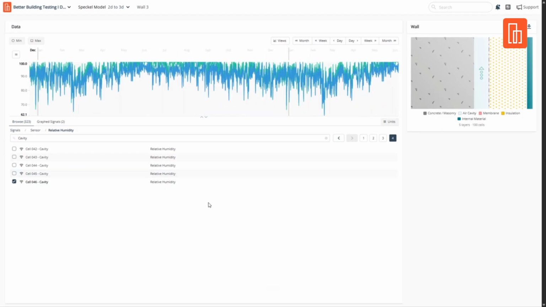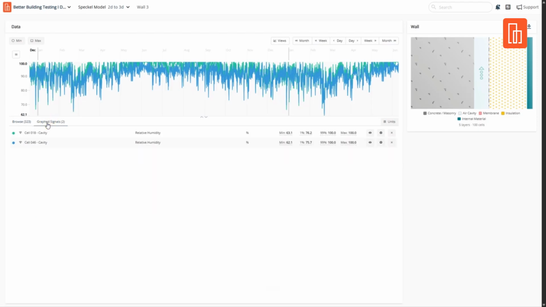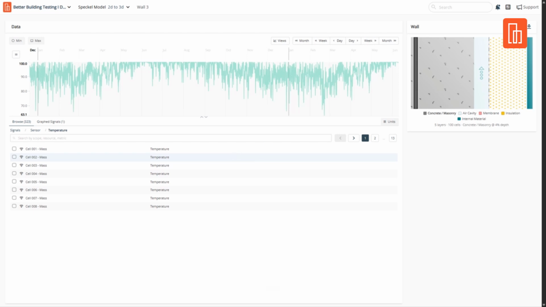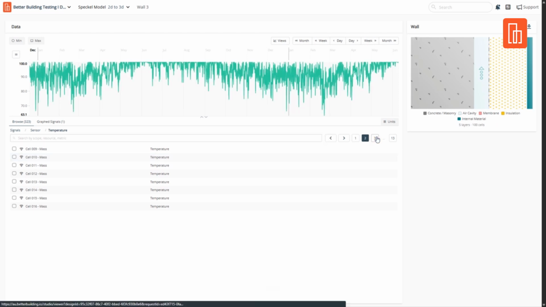Now, let's go ahead and add another study on here. We'll go back here to our 18 and 46. So what I'm going to do, I'm going to delete that one there, 46, and then I'm going to go back to browse here, signals, sensor, temperature, and I'm going to find myself the cavity value for